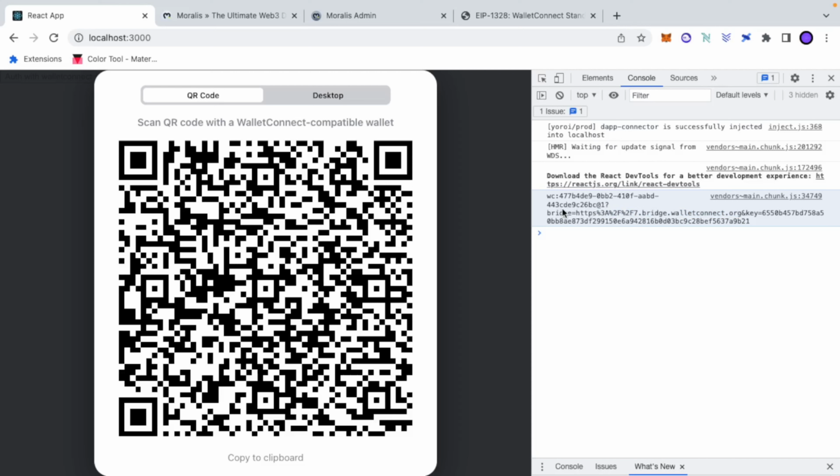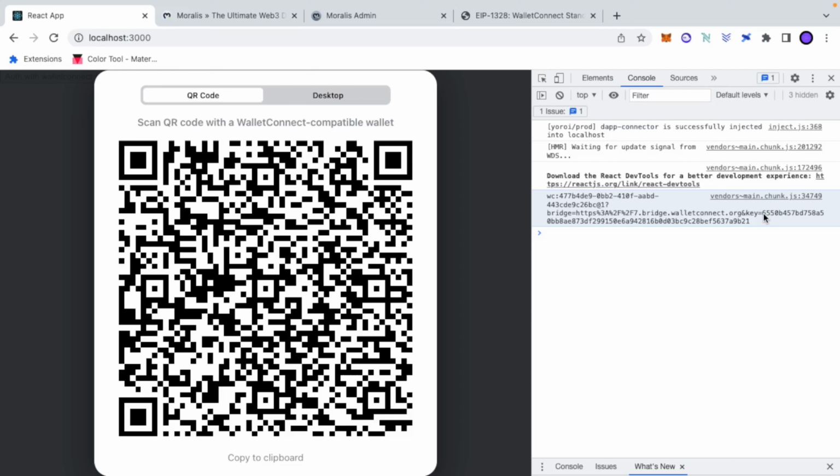Then, after the question mark, we have this bridge equal that goes till this point, and this is an encoded URL that defines the URL to the bridge, that is a WebSocket server that manages the connection between the two peers. And then after this we have the key parameter, that is the symmetric key to secure